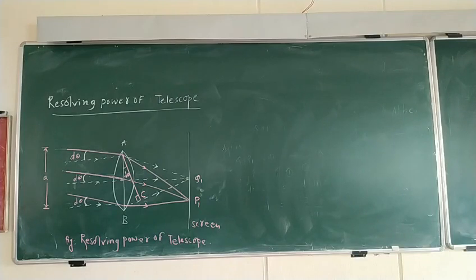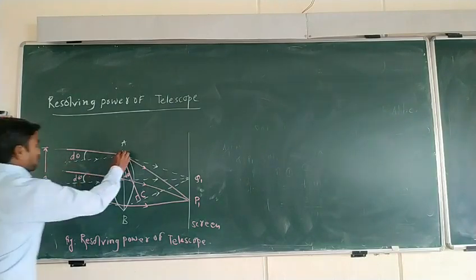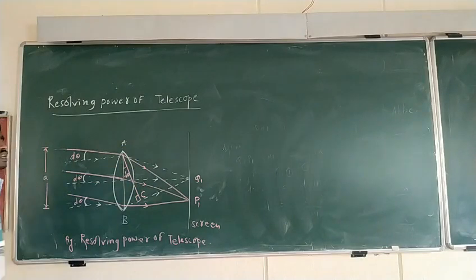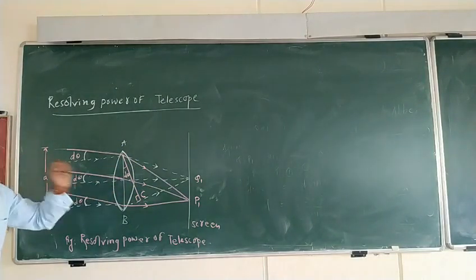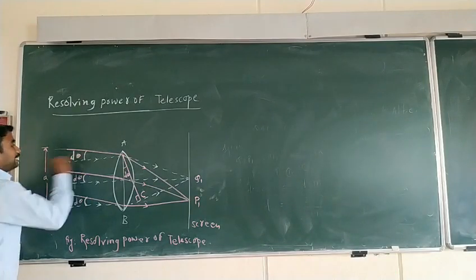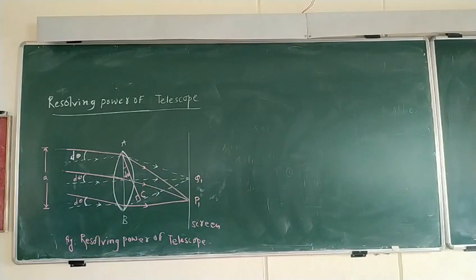Again, we will define what is meant by resolving power of telescope. The resolving power of telescope is defined as the reciprocal of least angle subtended at the objective by the two distinct objects which can be just resolved in the focal plane of the telescope. This is the objective. This objective lens AB makes a least angle d theta to two objects. d theta is the least angle subtended by the objective to those two objects which are placed at